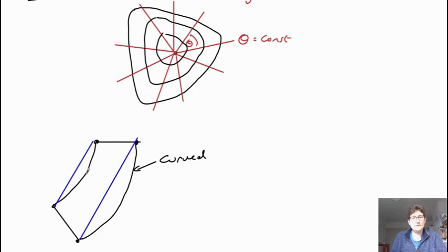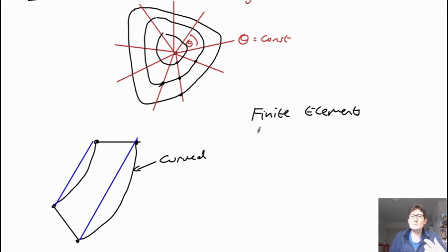Okay, so once we have these cells, we need some way of calculating a solution on them. So one way is just to use finite differences, so we could use these points. So we've got points here, so we can take gradients. So you take these points here and take radial gradients, or these points here and take gradients in theta. The more accurate solution, and the one that's done in codes like Helena, is to use finite elements.